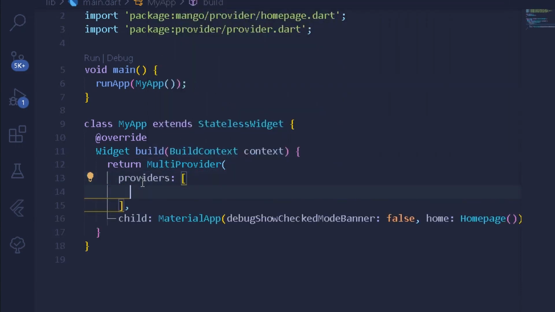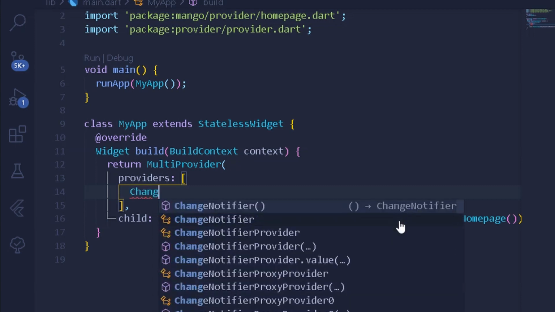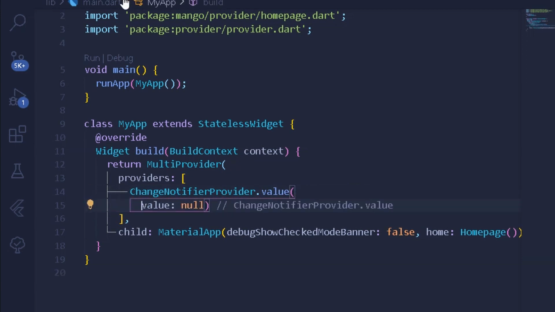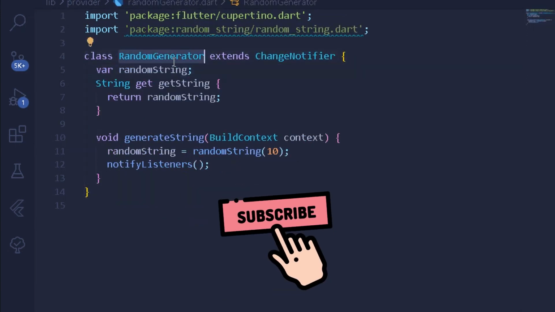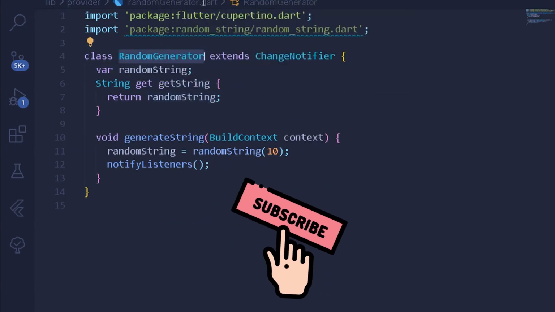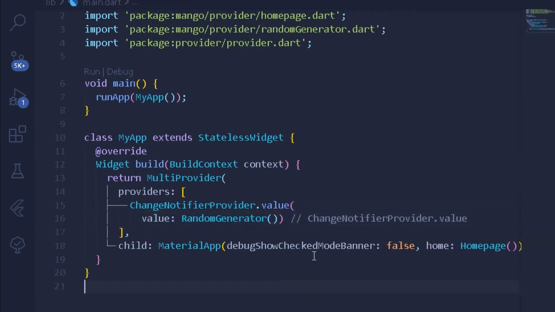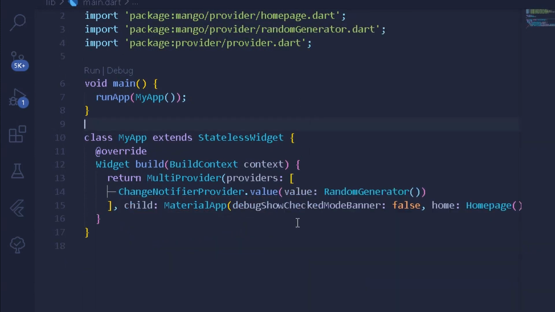So here I can write a provider, and under this provider I can write ChangeNotifierProvider.value, and under this value we need to provide a value for the provider. And guess what, we have our provider class here, which is RandomGenerator itself. So I can simply copy this and paste it here, and import it. Alright, so we have our ChangeNotifier property here in the form of a value for RandomGenerator.